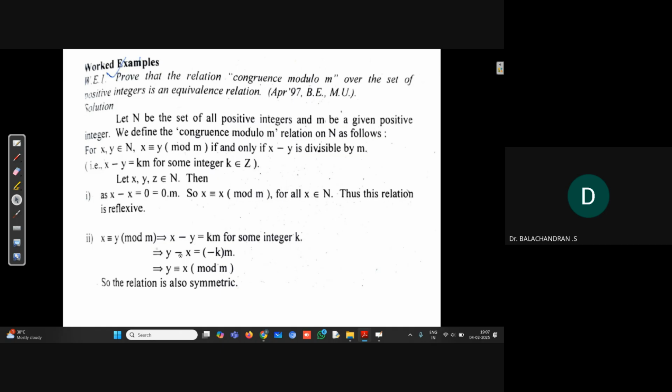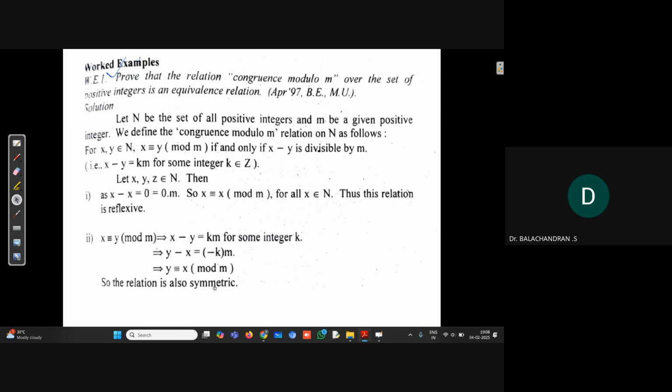From this you can write y minus x is equal to minus k times m. So y minus x is equal to minus km implies y minus x is divisible by m. So if y minus x is divisible by m, y is congruent to x mod m. So the relation is